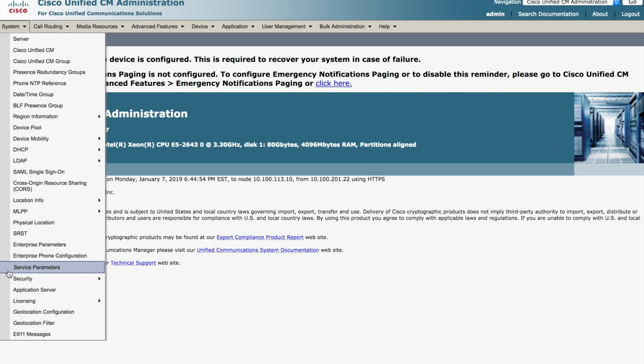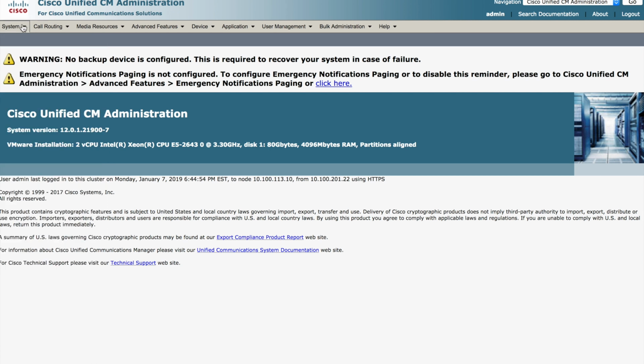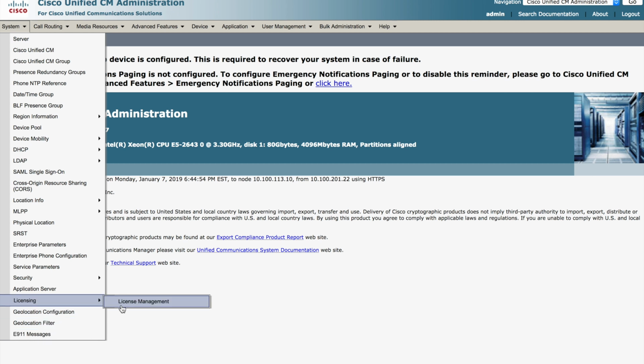Service parameters, so different services, for instance, the Unified Communications Manager service. There are some parameters here. There's some security settings, SIP trunk security profile, and phone security profile. These are actually in here as well, so occasionally you need to track down these settings. They are not under device, which is where I typically would think they should be, but just be aware that they are in the security settings under system. There is licensing. In 12.0 and later, licensing is actually moved to smart licensing, so you can configure that here